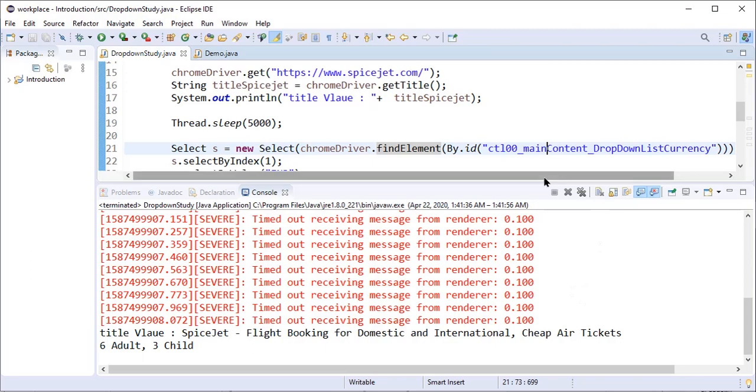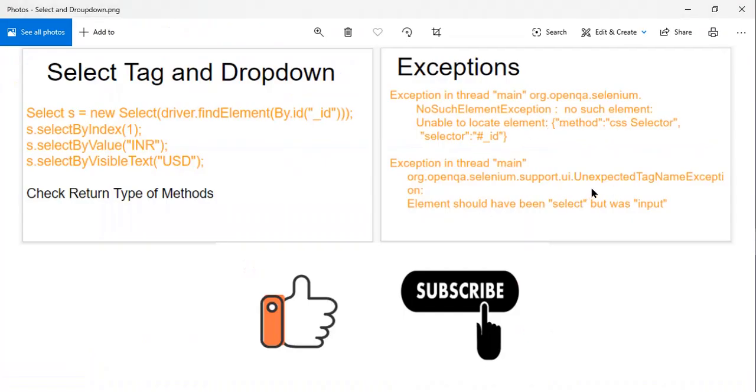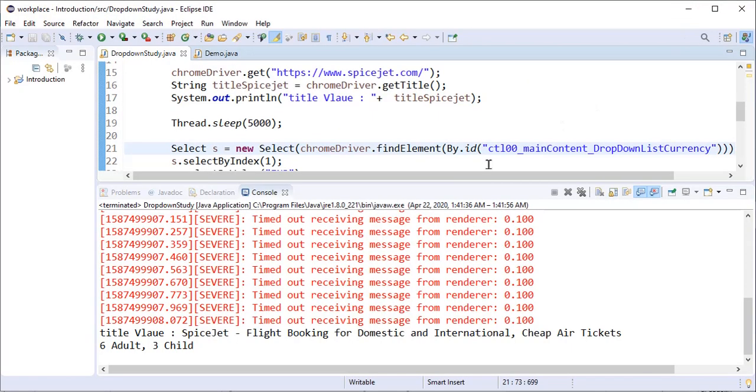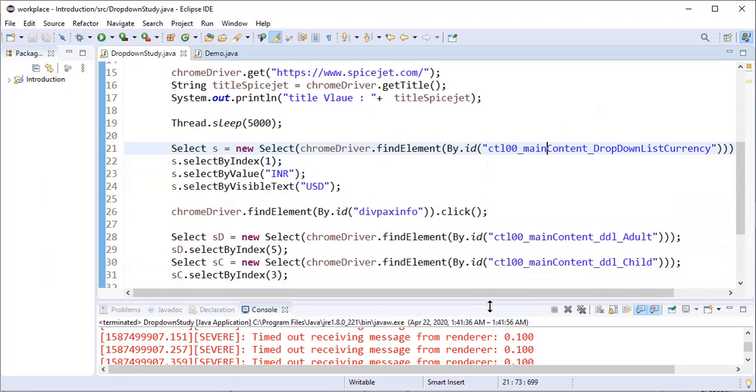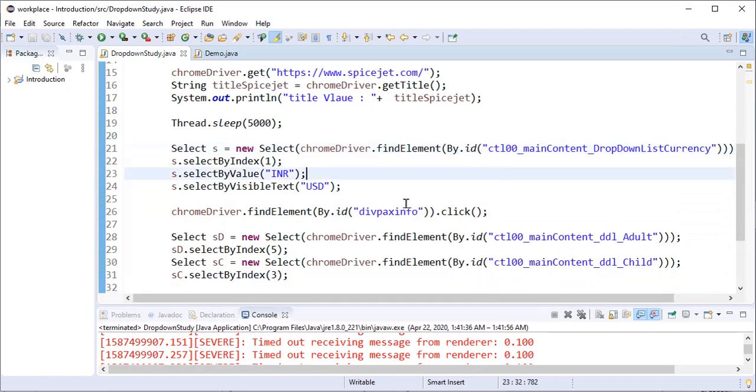Okay, our second exception is the unexpected tag name exception. To get this type of exception, I will just create it. This is a div ID, so I will use this div ID for this selector.